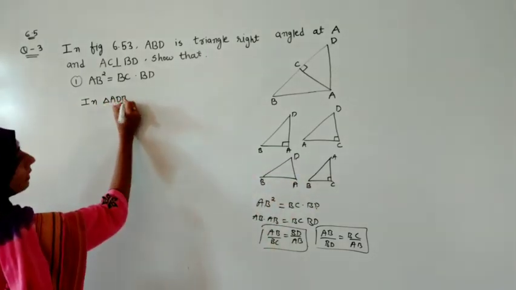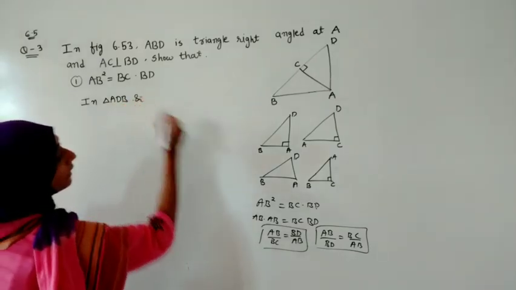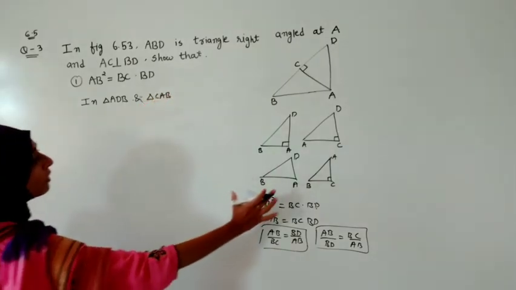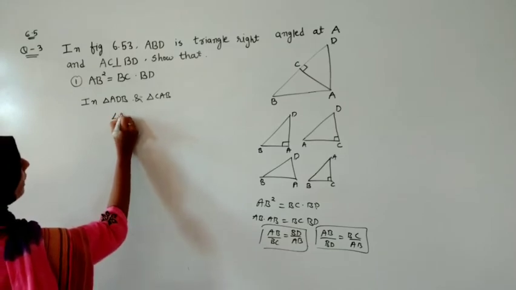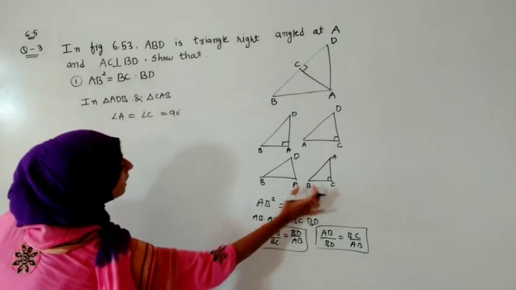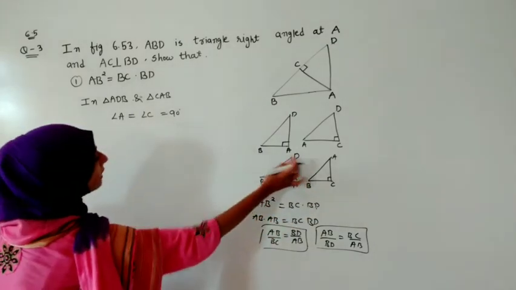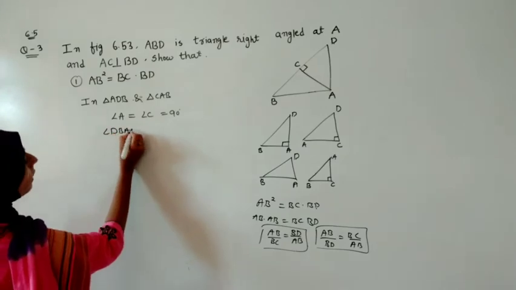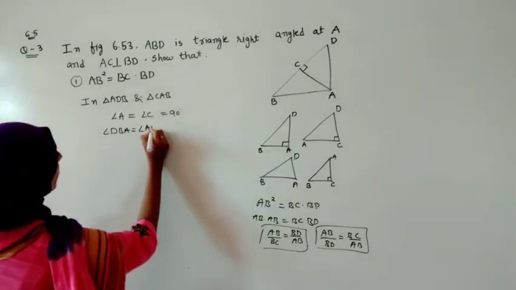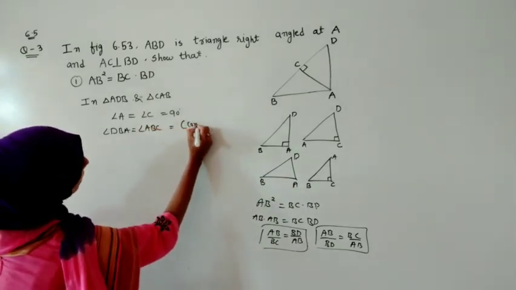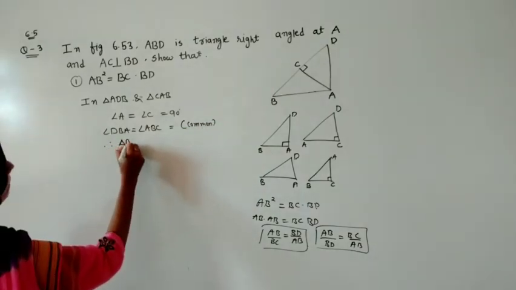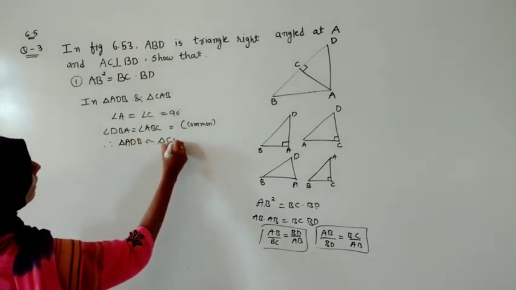So ADB, and another triangle, that is CAB. Let us write triangle CAB. First we will prove by AA similarity. Let us write angle A is equal to angle C, and they both are 90 degrees. As well as here is B, here is also B, but the name of that is angle DBA, because B is in both of them. We are talking about B, so we will write it in the center. Because of that, the two triangles are similar: ADB is similar to triangle CAB.